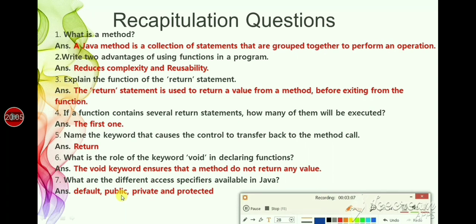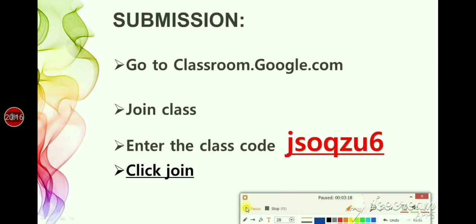You have to copy down these question answers in your classwork, as well as copy down the program which I taught in this video, and then you have to submit a photocopy of your classwork